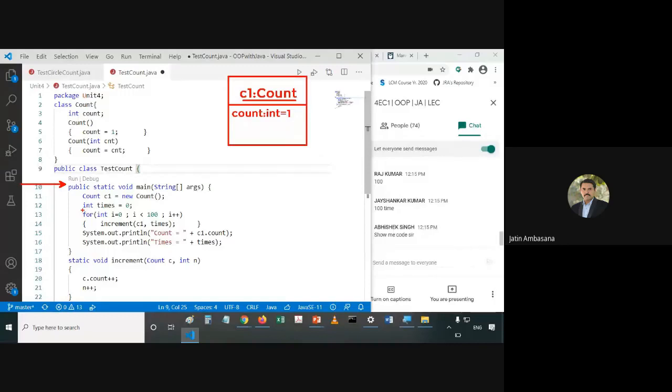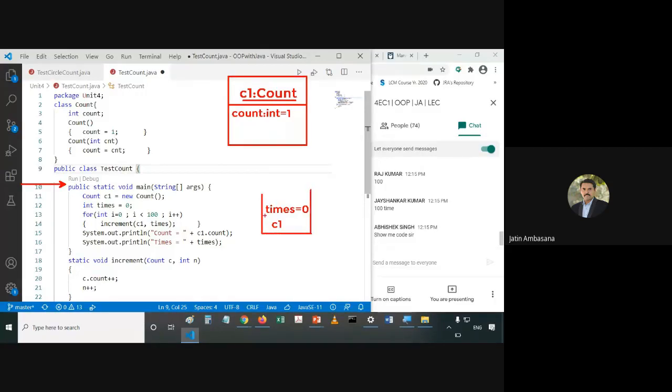Now what does this code do? It declares times equal to 0. So now in the stack we have c1 and times, which is equal to 0. This is the stack that has been created. For which method is it created?